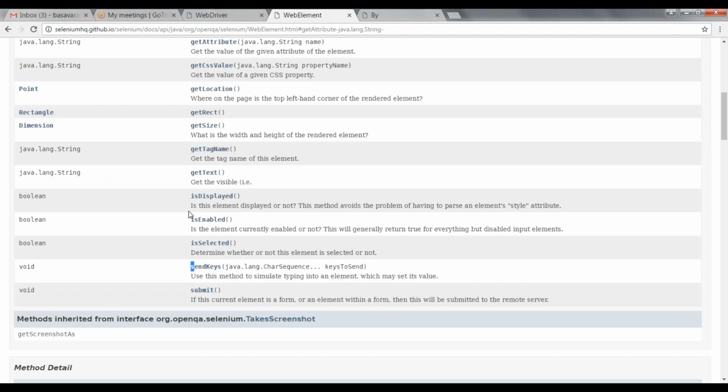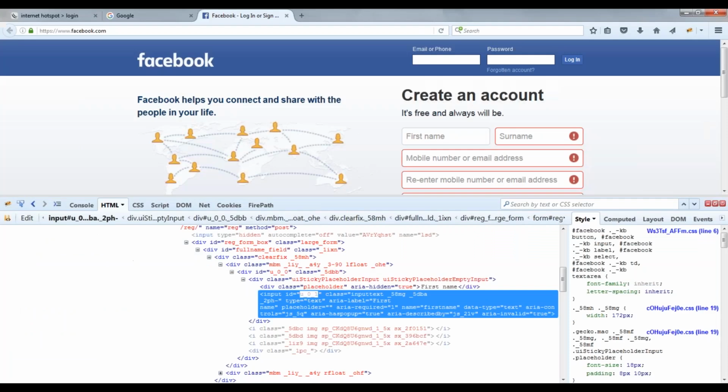Now what I want you to do is, I'm entering a string here, correct? You can see this is the input tag. This input tag does not have any inner text, but it has many attributes. Correct? So how will I get the values of these attributes? For example, name is first name. How will I get the values of these attributes?